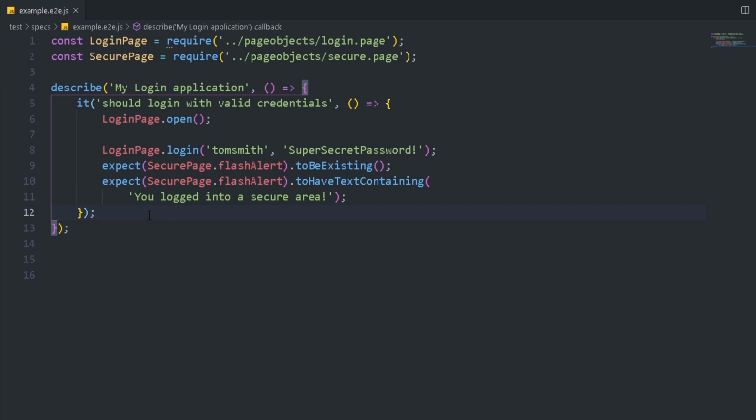Now, so far, you don't even know the website that we are running, but you can just read this code and understand what it's trying to do. And that's the advantage of using page object model. It makes our code really readable. And we know just by looking at the code what exactly it is trying to do and what our actual expected behavior is when we will be running our test in our browser. So let me open up Chrome to show you what exactly this is trying to do.